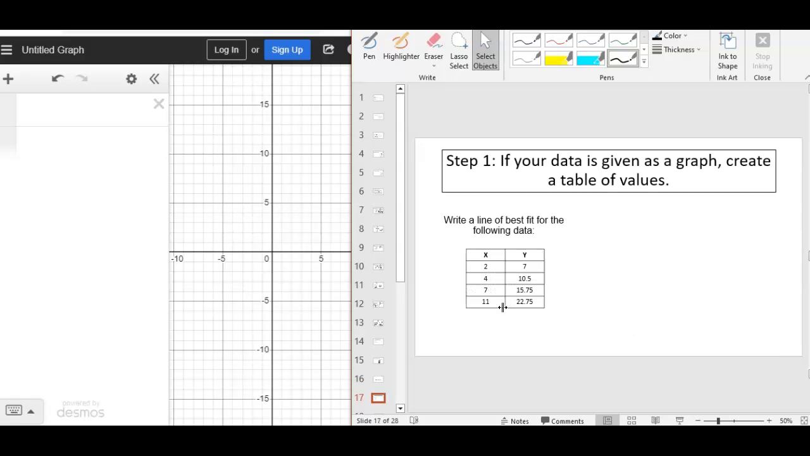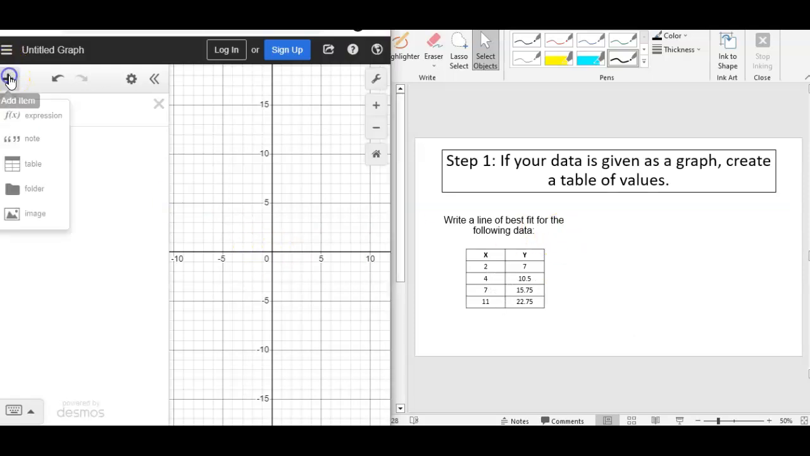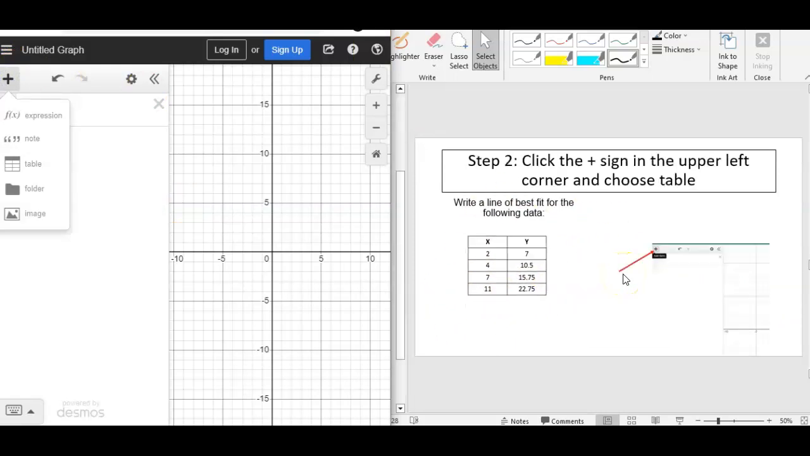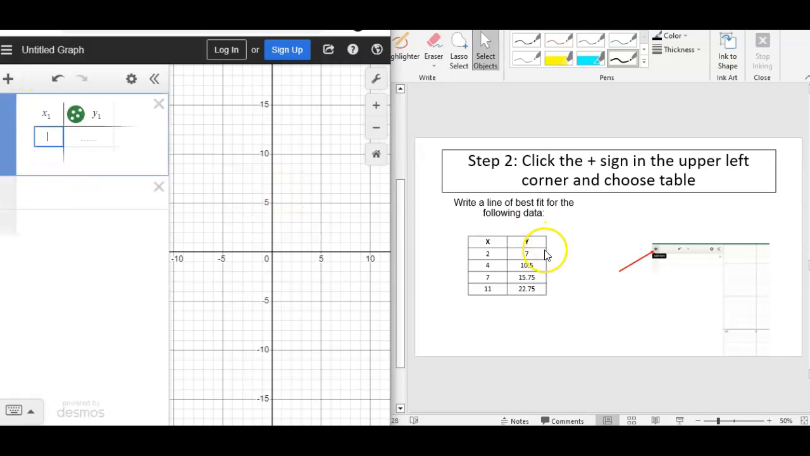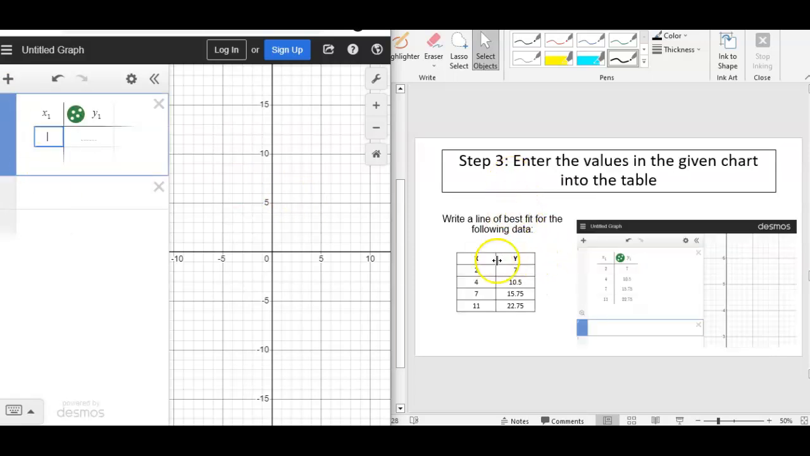Whenever you want to do linear regressions, remember we need to start off by creating a table of values. So if you're given a graph, make sure you put your information into a table. Then you're going to click this plus sign in the upper left-hand corner, and choose the option that says table. Then you're going to enter the values that are given in the chart into the table. So I'm going to enter in x1, I'm going to enter 2, 4,